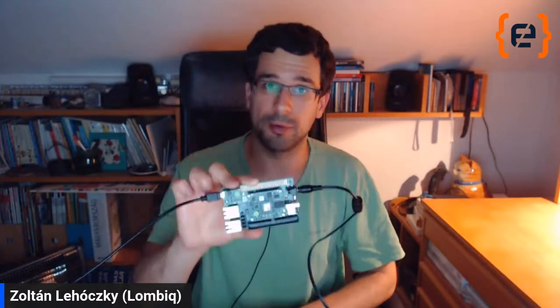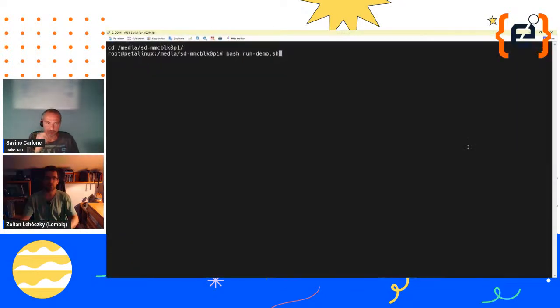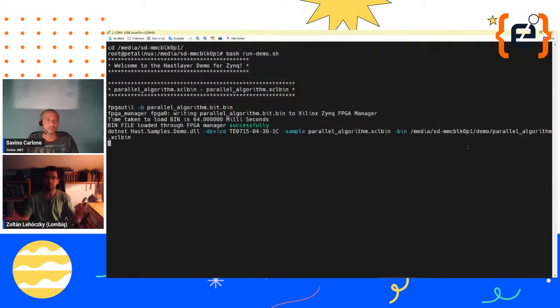It runs its own Linux, it runs its own .NET, and it runs Hastlayer. And this is why I use a terminal to remote into it. So let me switch back to the terminal, and let me start a demo script here. What this does is that it uses the same parallel algorithm sample. First, it generates the hardware implementation, and then it starts to